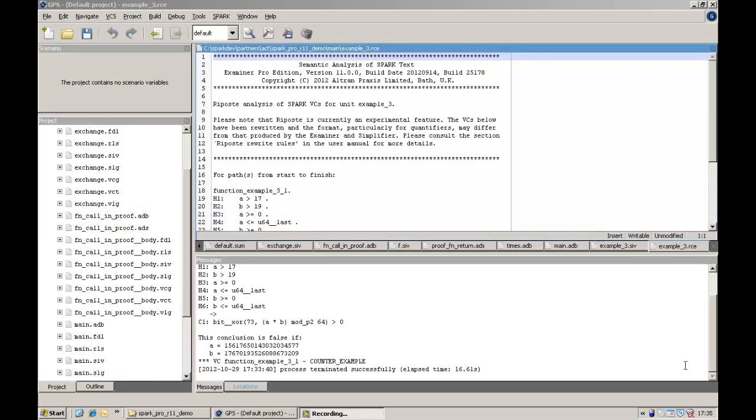So today we have looked at some of the main new features in Spark Pro Release 11, but there are many other enhancements, including full range subtypes are now permitted for all types, which can give you a convenient form for renaming types. The seconds and minutes functions are now defined in Ravenspark. The default flow analysis mode is now automatic. VCs are now generated for package specifications and bodies, but they're only actually used for generic instantiation checks for the time being. And there are many more enhancements besides, so please do have a look at the release note for